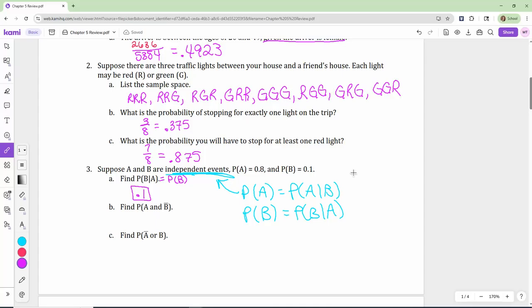Find the probability of A and not B. If you look at your formula sheet, and tells me I'm doing what? Multiplying. Because they're independent, I just have to do the probability of the first times the probability of the second. What is the probability of A? What's the probability of not B? You have to do 1 minus 0.1, so 0.9. Does everyone see where I got my 0.9? So if we multiply those, we get